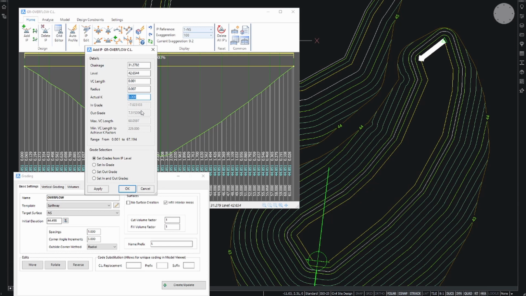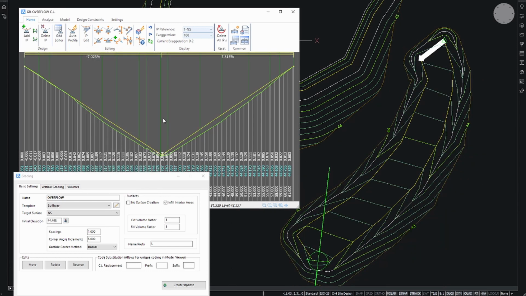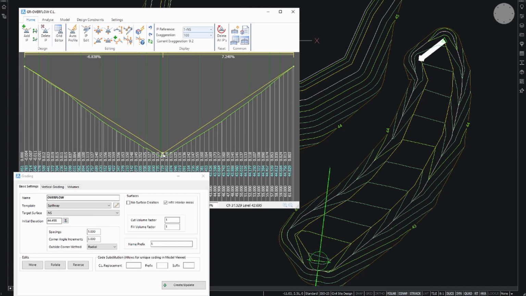So we'll explain those in a second. I'll first of all press OK, and this puts a much more even set of contours into my file. You will see just where the mouse arrow is here on the top of my vertical grading window, we've got -7% coming in and +7.3 coming out. So you look at this and you think, well, I could probably reposition this and get an even 7% on each side. So instead of trying to place this graphically and work that out, what we can do is select